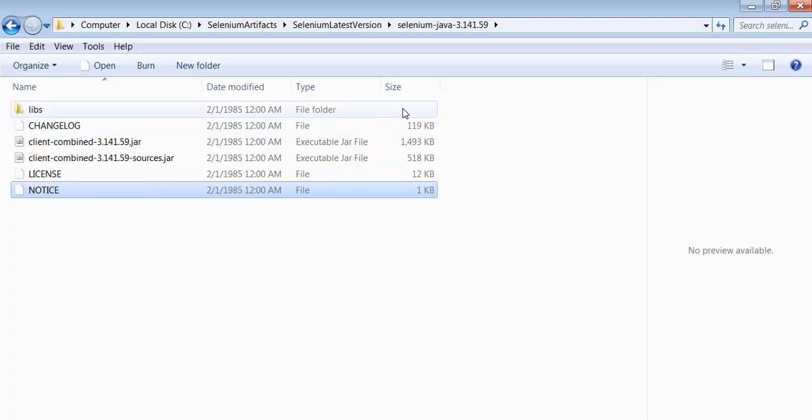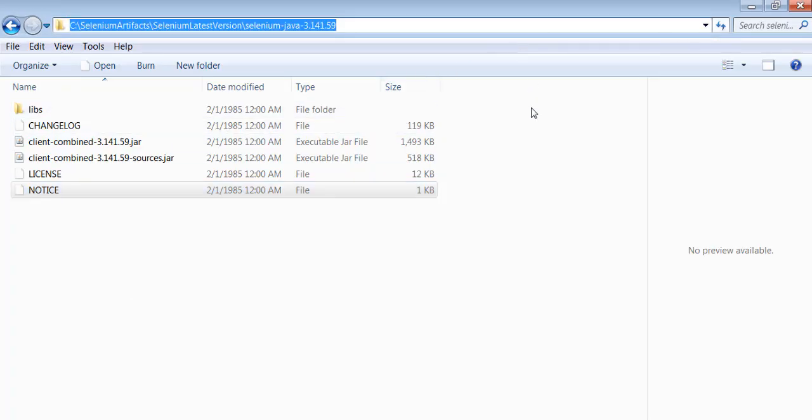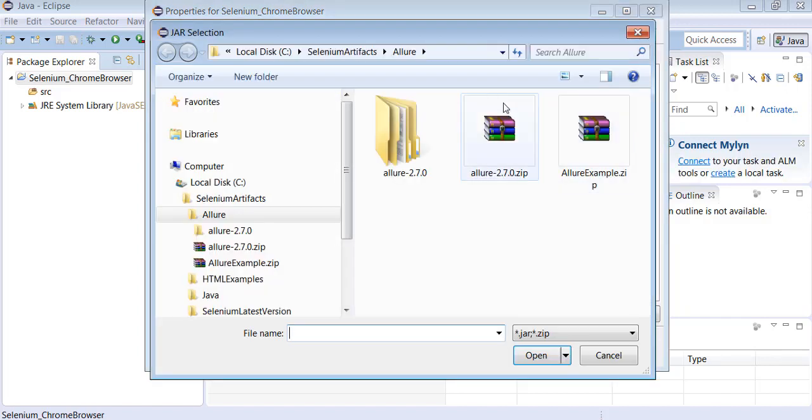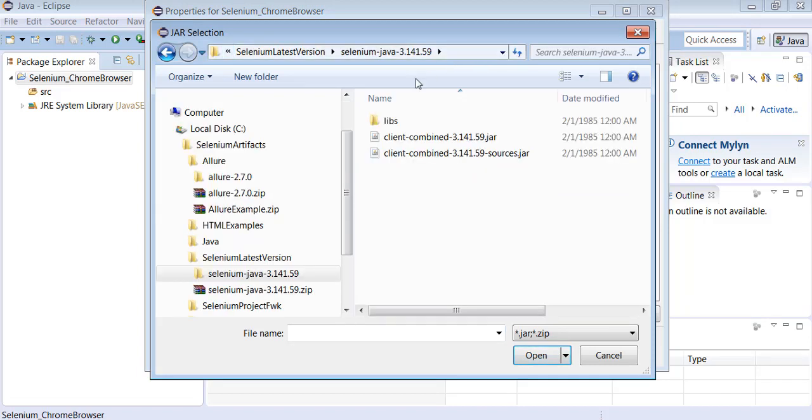Then find out the location of the jar files and copy the location. Open Eclipse, click on the button which is Add External JARs, then provide the location of the jar files.